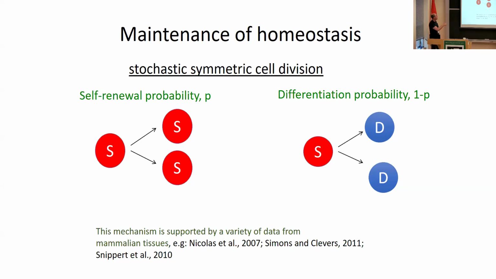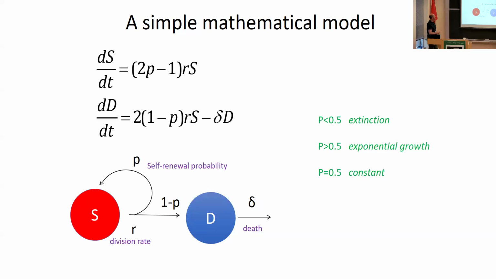And if they balance each other out, then the stem cells are maintained in the long term, and the tissue is maintained through differentiation. So this is the kind of stochastic stem cell self-renewal and differentiation model that we're using. It's going to become more complicated as we apply it to the hematopoietic system, but this is essentially the core of our assumptions. And there are data that support this sort of model of stem cell dynamics. So this is on the most primitive level. This is a model like this. It's an ODE that describes these